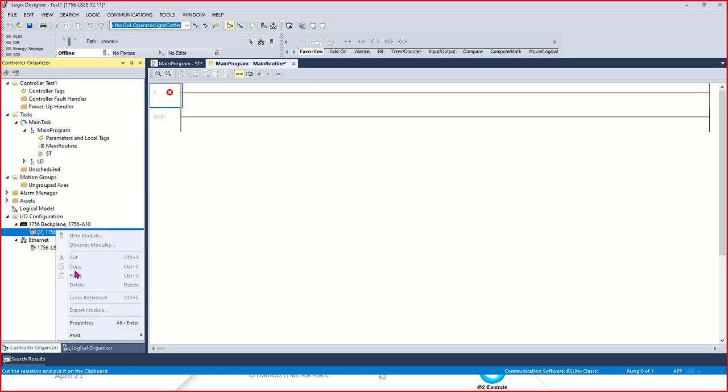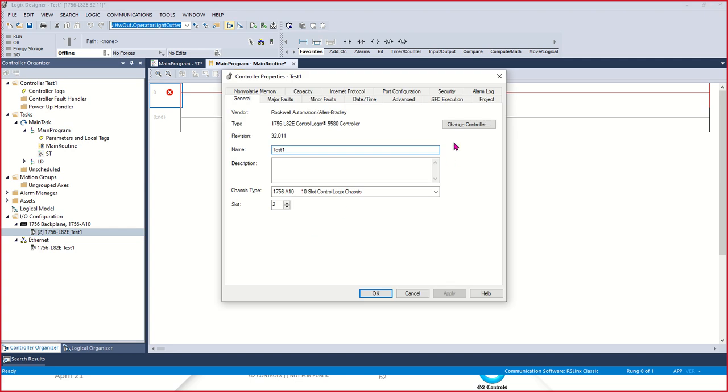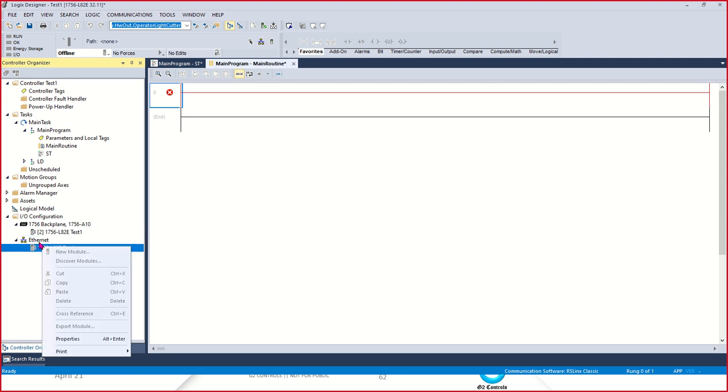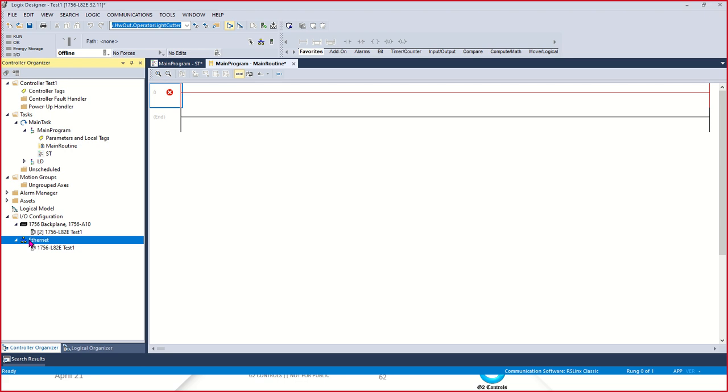Then I need to change this controller, otherwise I can't download. But before that I need to configure the IOs. I will show how we can configure. You see the Ethernet, below that Ethernet my controller is there. I will just add a new module,